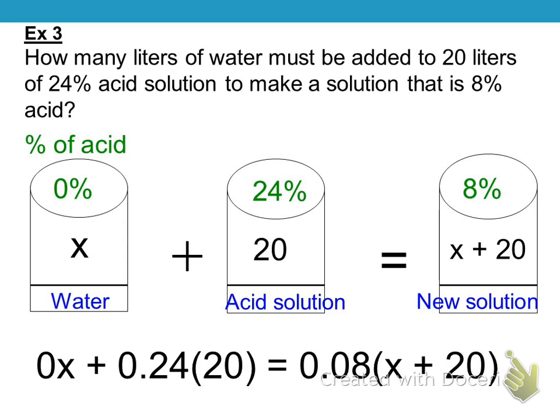Here is my equation. So 0% times however much I put in. 24%, well, 24% as a decimal is 0.24, so make sure you change it to a decimal before you put it in the equation. 0% is 0%. You don't need to move the decimal around. 0.08,